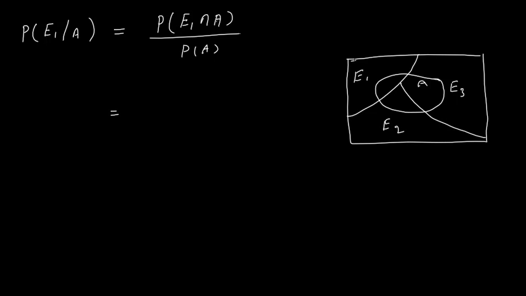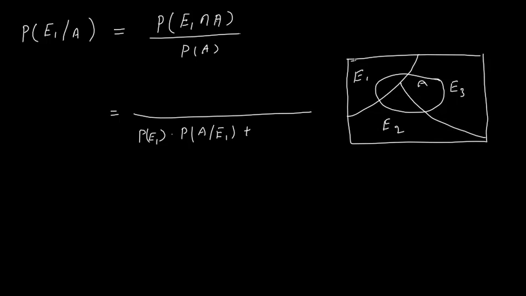First is multiplication theorem and second is total probability theorem. Now total probability theorem, this probability of A. Probability of A will be like probability of E1 into probability of A by E1